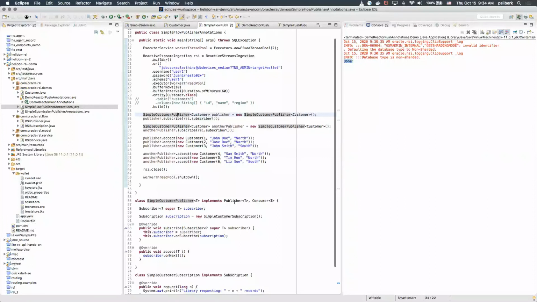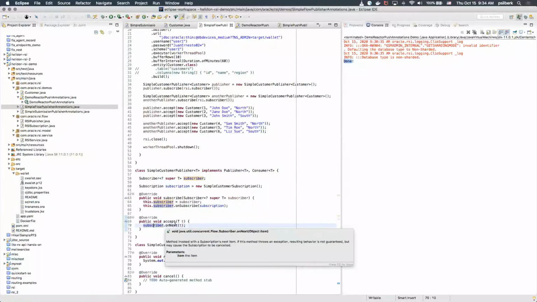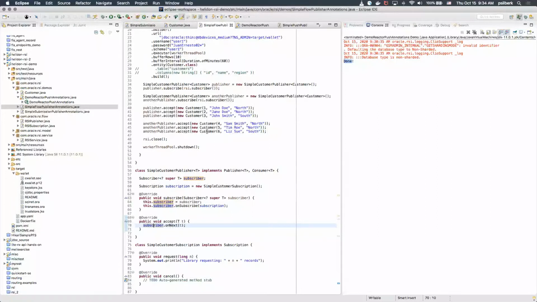this is the publisher that I created, a super simple publisher, what I was showing you in the Excel, just to make the association for the subscriber, and then on the accept, call the subscriber, calling the on next, which is going to be the ingestion of the record. And then for the subscription, I also created something super simple that is only going to show that the library is telling the publisher that it can ingest more records, right? That the library is saying, okay, send me more records that I can take, right?